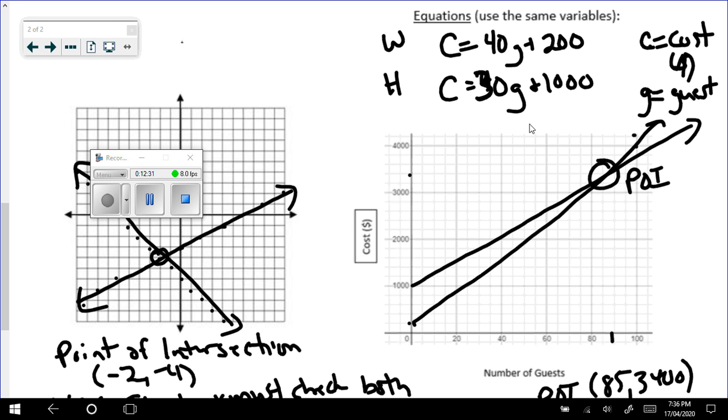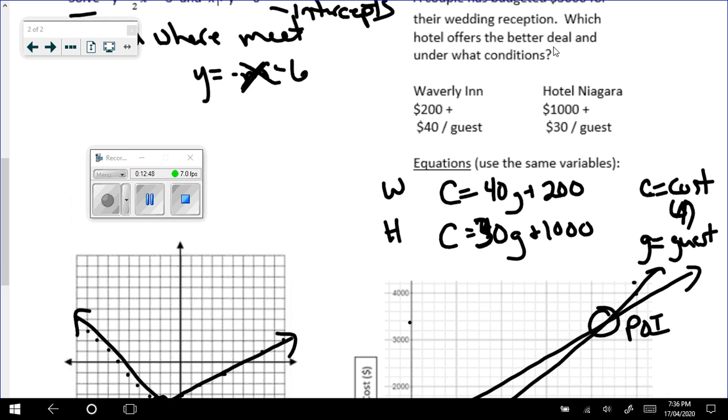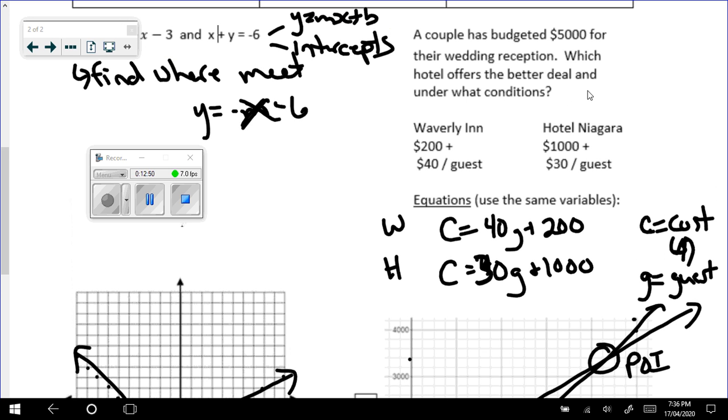Hotel Waverly is the better one over 85 guests. So it really depends on where you want to be in order to make that purchase. Not where you want to be, how many guests you want to invite, or in this case, how much money they have to spend. So since they have $5,000,